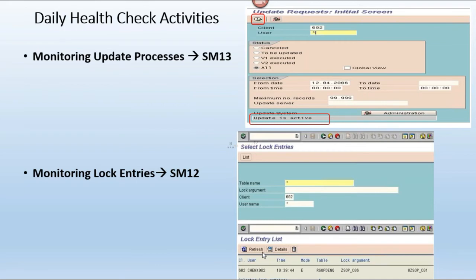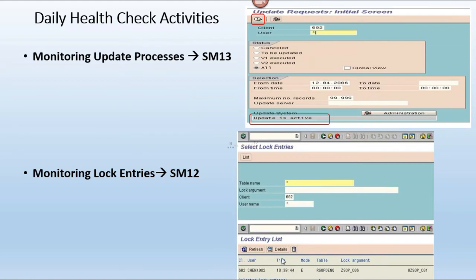Okay, I will tell you. If it is not released, then what do we need to do? Here we can see how many lock entries there are, from how much time they have been locked, and how many days.